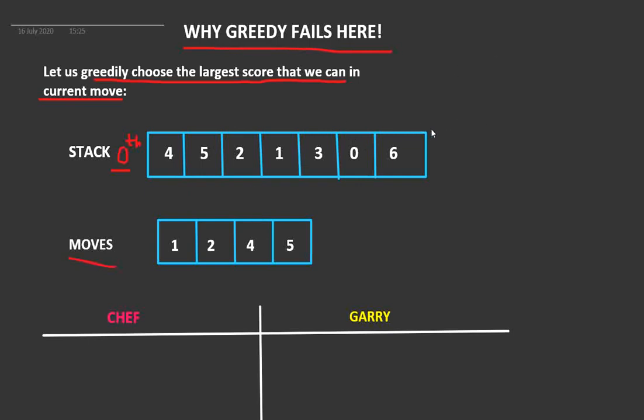That is, it should not cross this length. Fine. So I'll show you why this approach fails in the first place, and we'll discuss, and I'll show this to you through an example. Okay, so let us take this example.